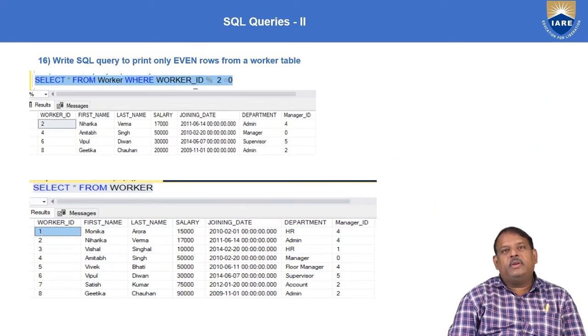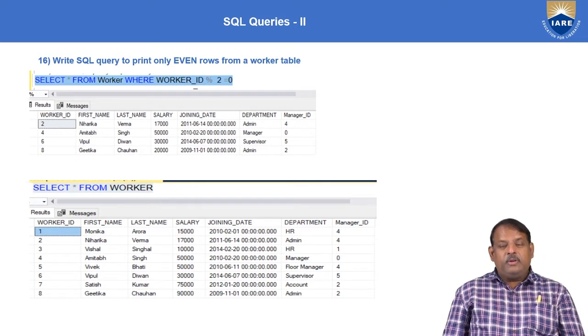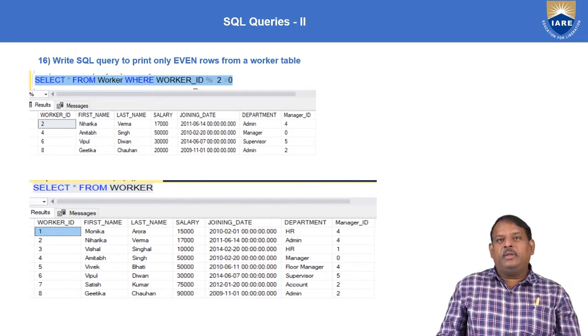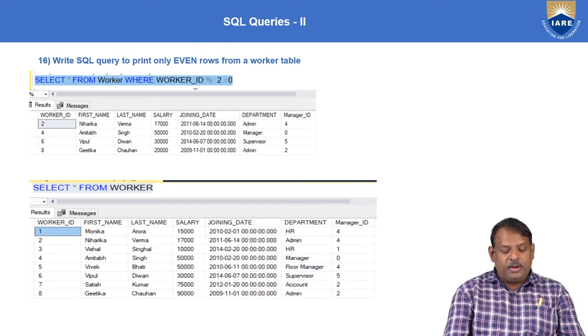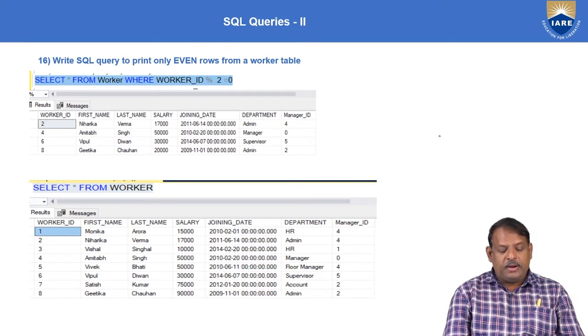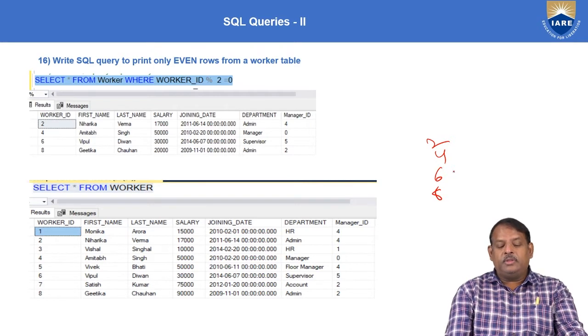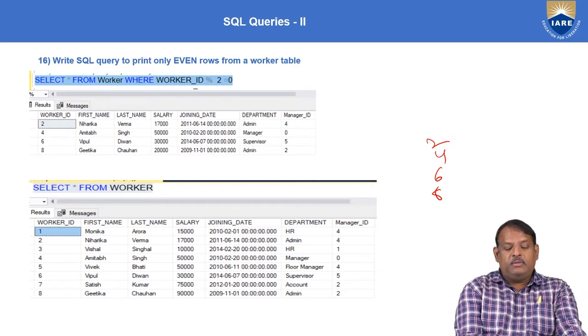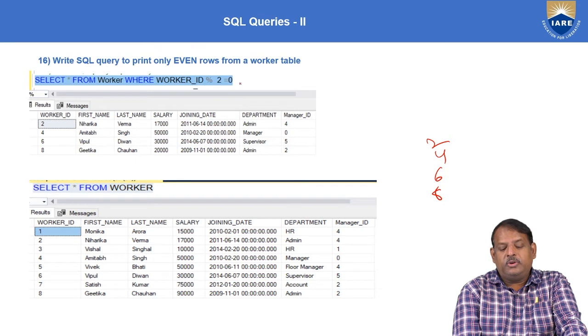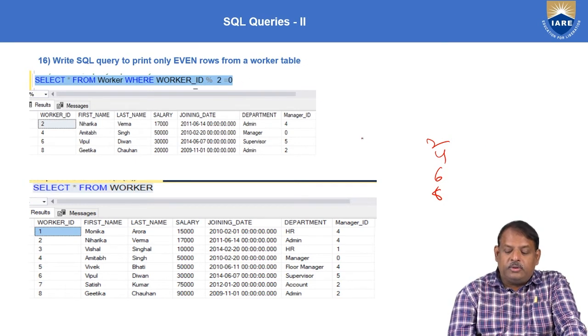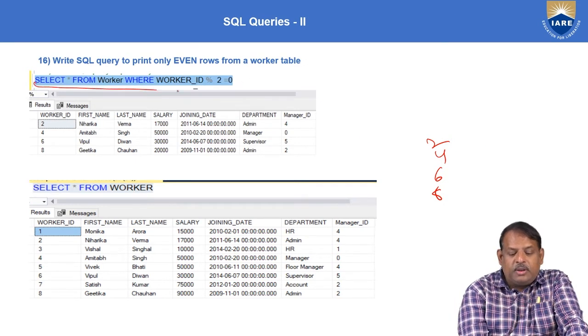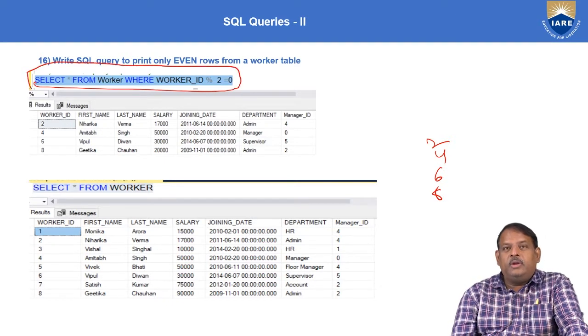Now, write an SQL query to print the even rows from a workers table. In the given table, suppose somebody asked you to print the even rows, then we need to get 2, 4, 6, 8. For that, we are using the modulus function, where worker ID modulus 2 equals 0 means even numbers. So when you execute this query, you are going to get